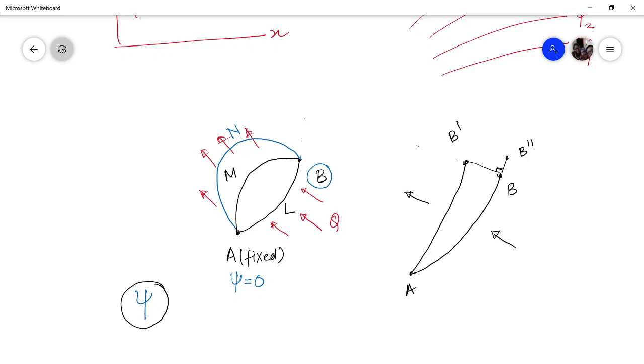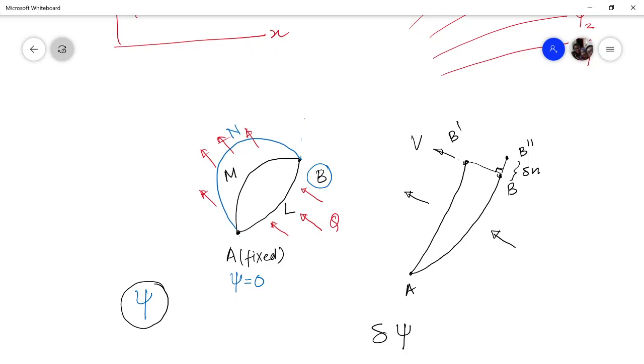So due to this there is an increment in psi. Let us say while moving from B to B prime there has been an increment in psi, which is a representative of discharge. Let us say this increment is del psi. So what is the discharge? If the velocity in the direction of the streamline is v, and this small incremental length is del n, and let us say into the paper this is going by 1 unit.